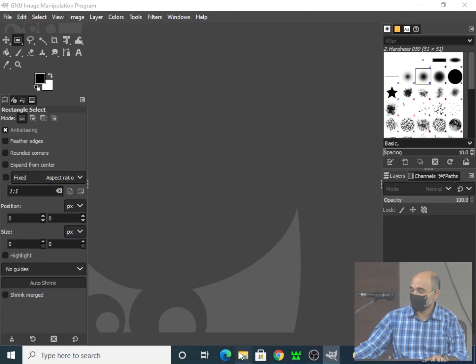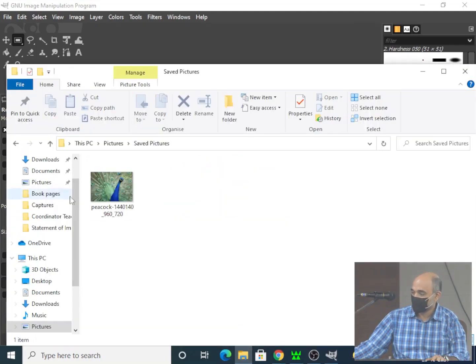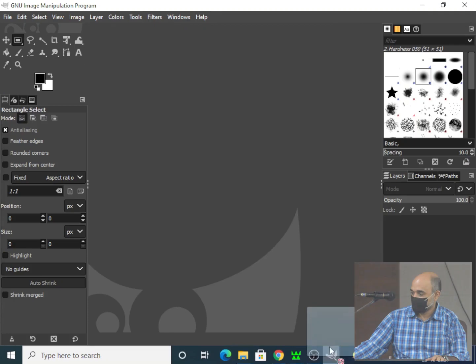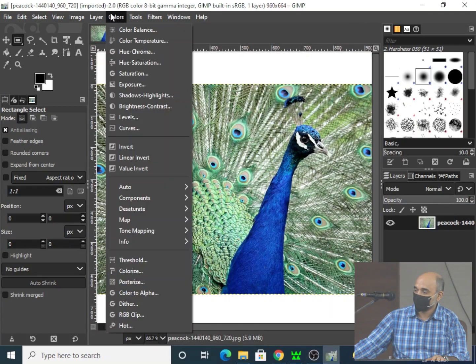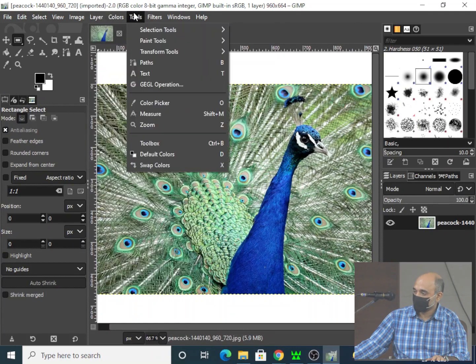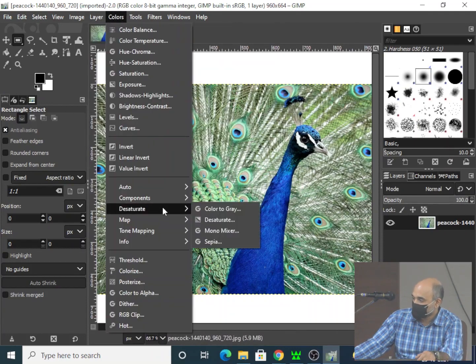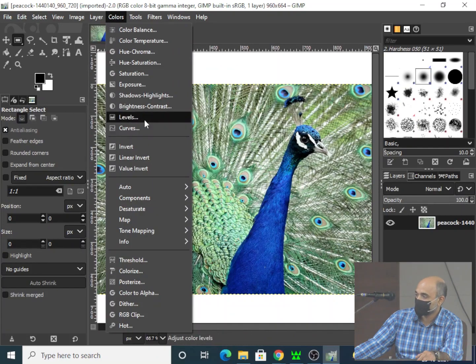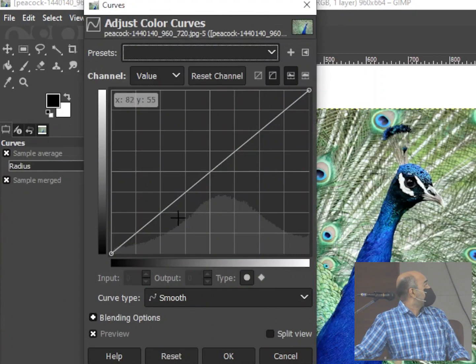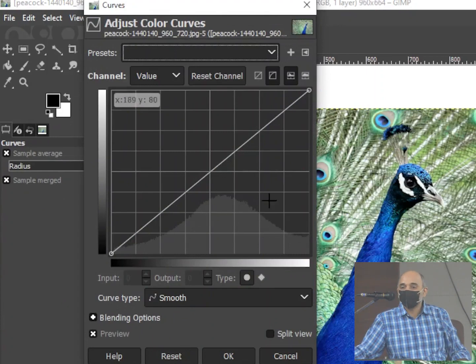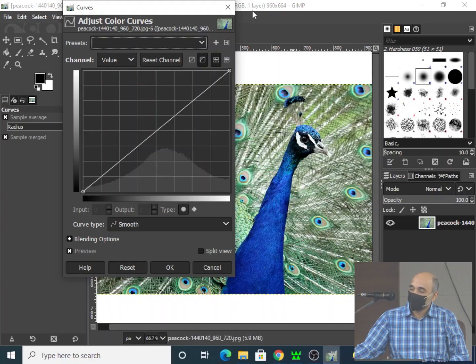I'll just open the image here. Can you see this? Okay, that's what refers to the third dimension.